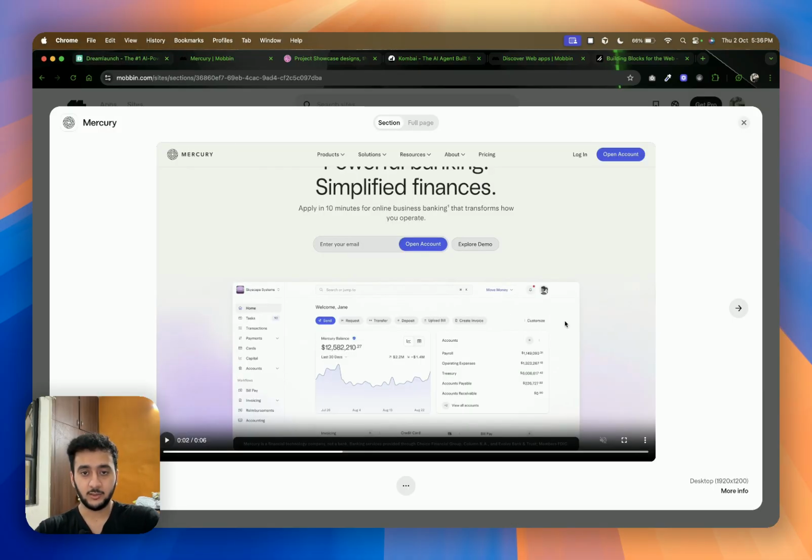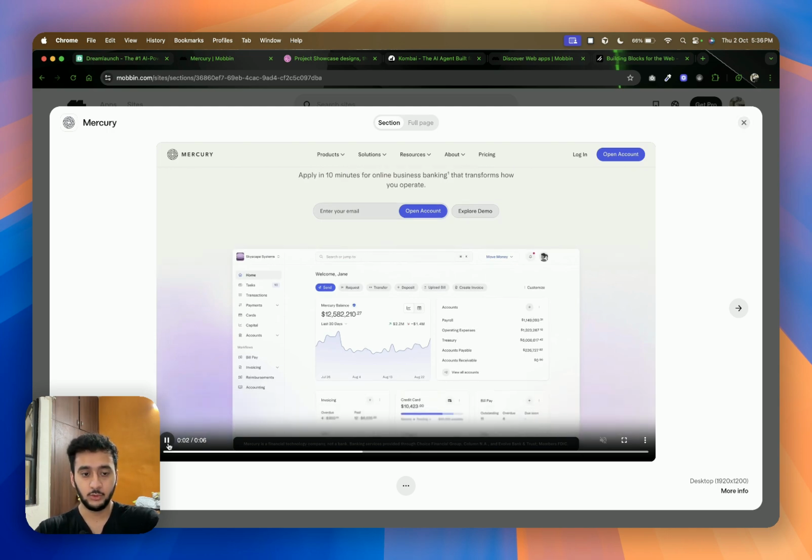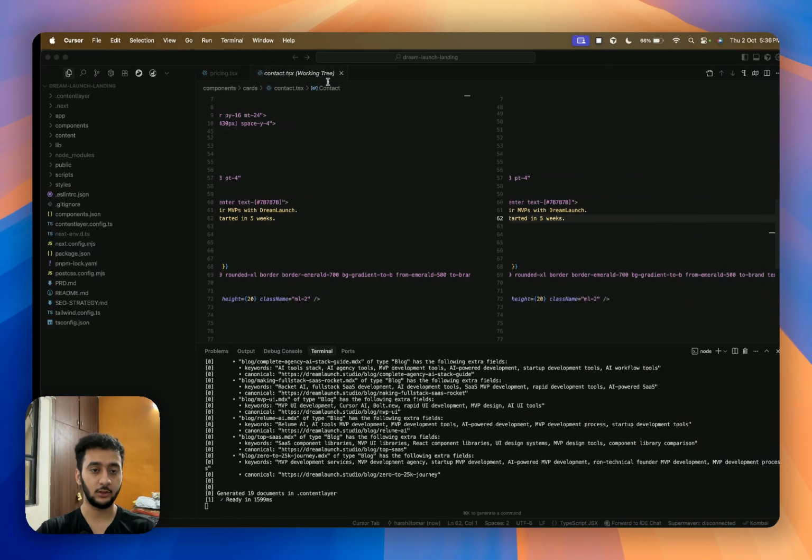I was dabbling with the idea of replacing it with a dashboard. So I'll try to quickly show you how to replicate this dashboard using Kombai, and that's what I have been doing with a lot of products. So boom, I'll take a screenshot of this dashboard.